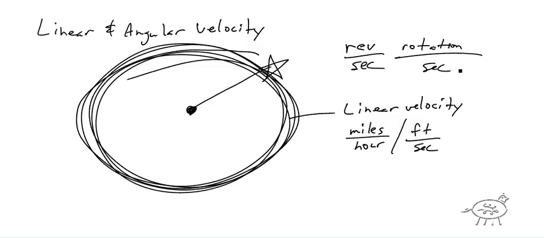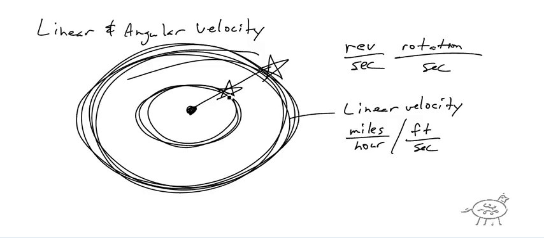Now, an interesting thing here is what happens if I pull this star in? Do you agree I'm still going to be going around? I'm still turning at the same speed, right? So my angular velocity is actually going to be the same, but what's going to happen with my linear velocity? Isn't it going to be slower? Because I'm kind of pulling in a little bit, and this is not going quite as fast